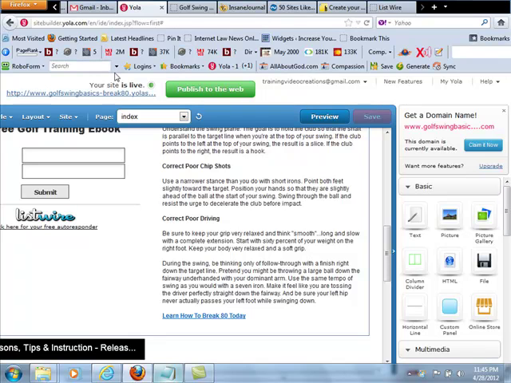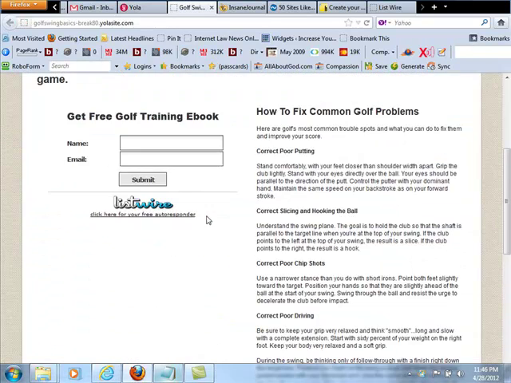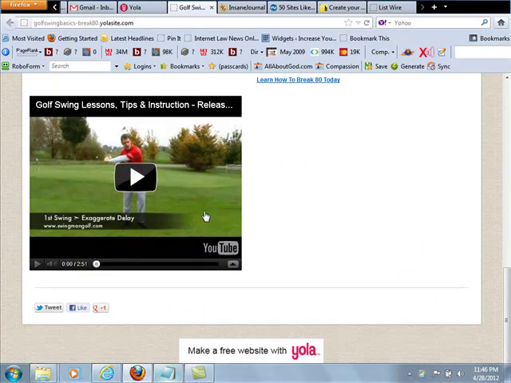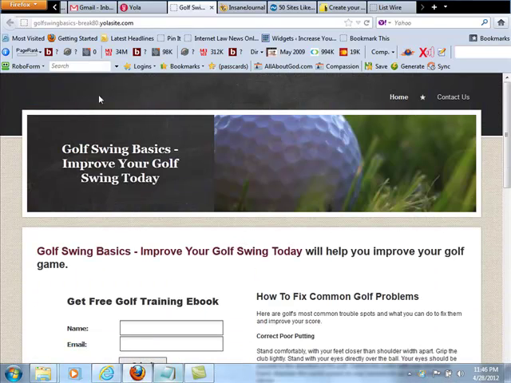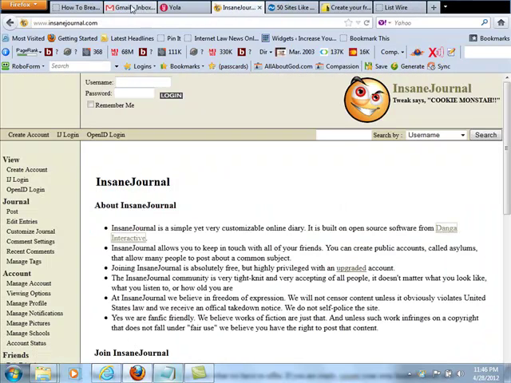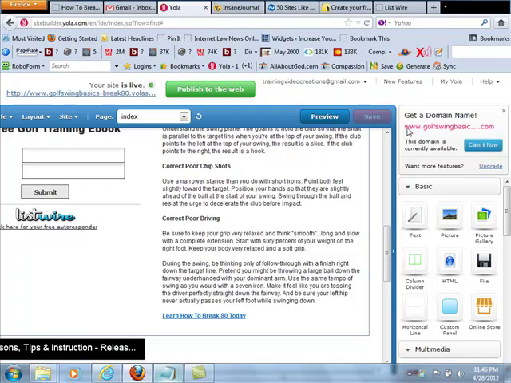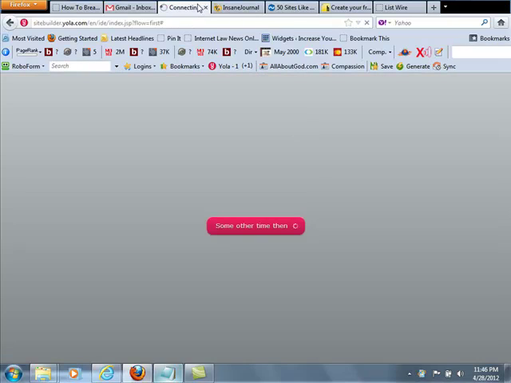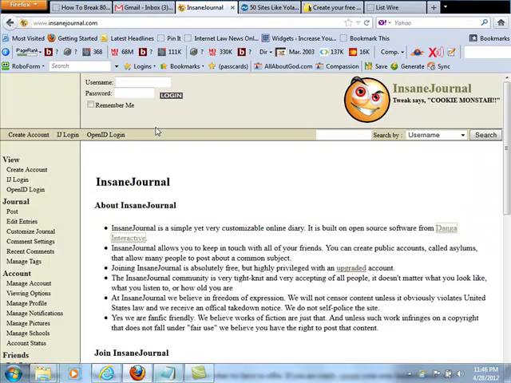So yola.com is the solution here that I just showed you. So yola.com, Y-O-L-A, and what you're going to do is promote this through pingomatic.com after it's live, so it does get picked up, and then you're off to the races. So the next site that we want to use after going through Yola and logging out is a free website called insanejournal.com, and this is another free website right now. Just go to insanejournal.com